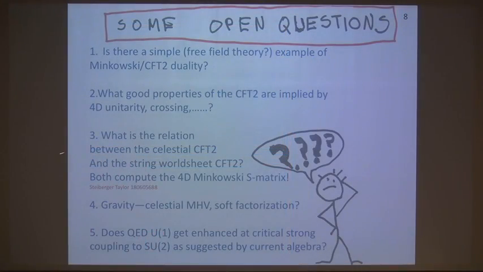And indeed, there's what looks to me like a very beautiful paper from last week, which I haven't fully digested, by Stieberger and Taylor, in which they compute the string amplitudes as correlation functions, as they turn them into celestial correlators, and they find some very interesting answers. One of them is that there's a limit of large conformal weights in which they reduce,